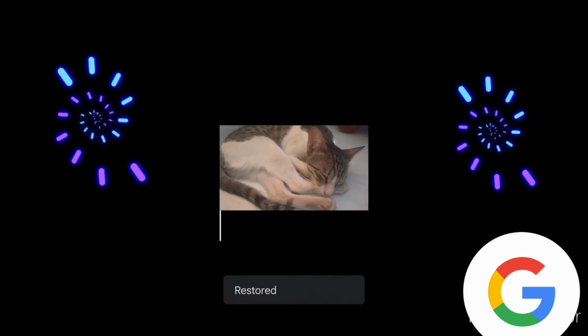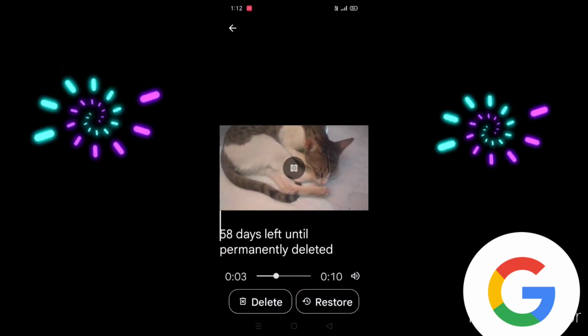Here you can even restore videos. So I am going to show